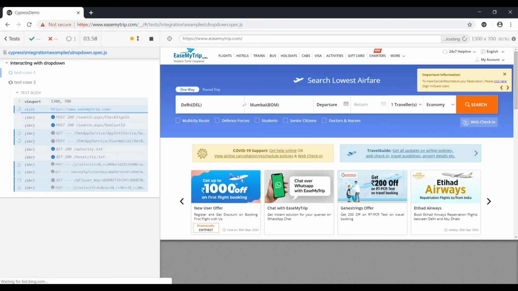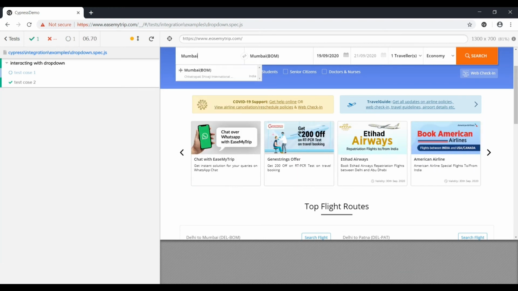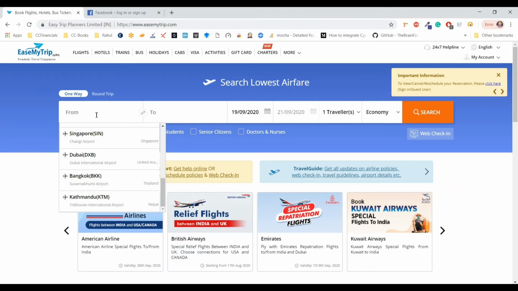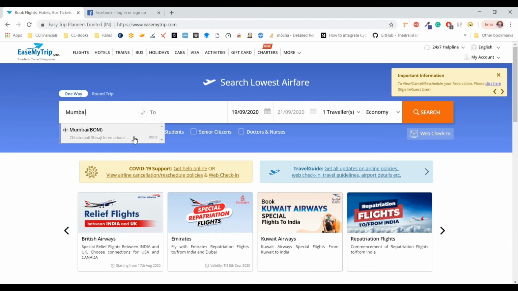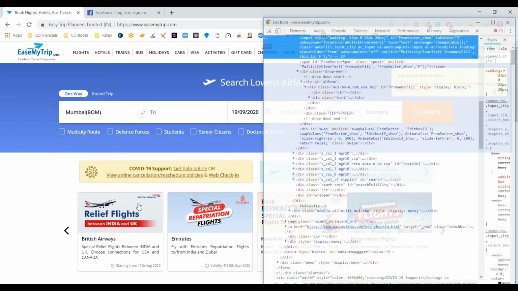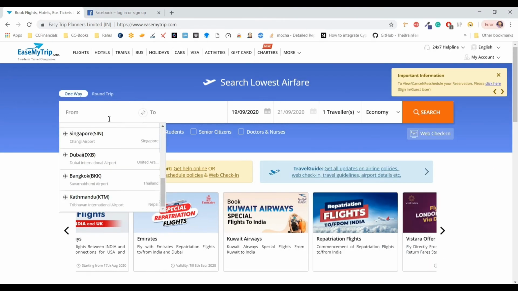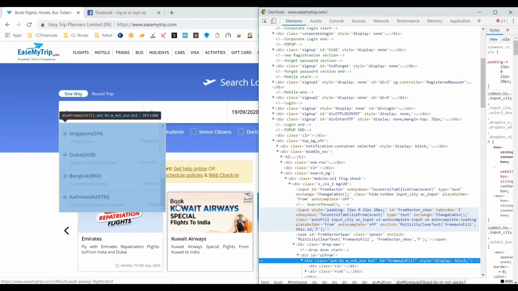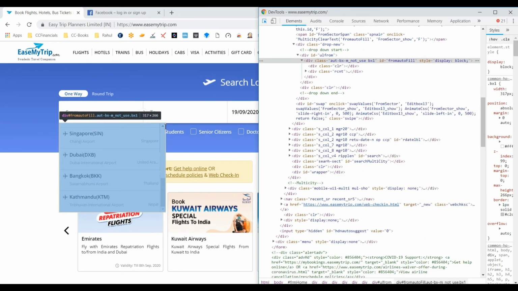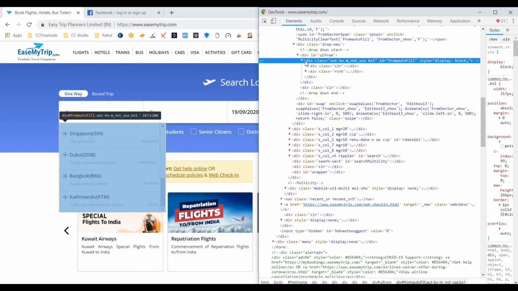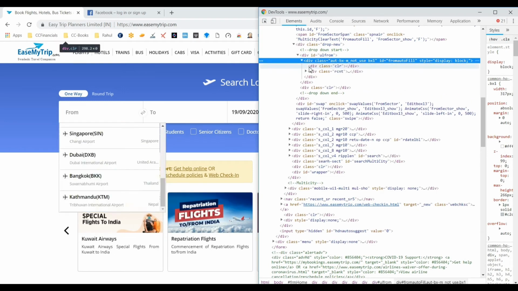So you can see the test case is working, and it has typed Mumbai, and the result is coming here. The Mumbai is coming here, so we can click on Mumbai and the value would be selected. See, this city is filtered amongst all the cities, the particular value is filtered, and if we see what the drop down value is here, we can see all the cities are having a particular locator value which is used for all the cities.